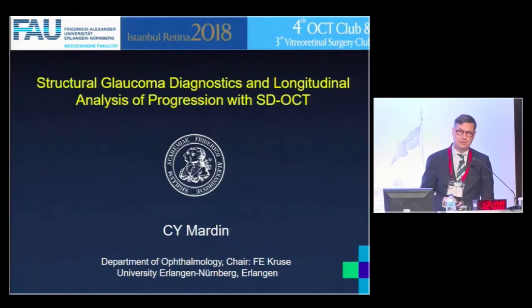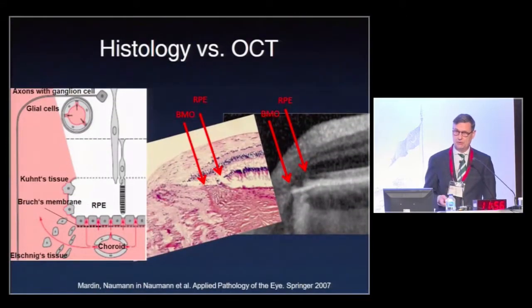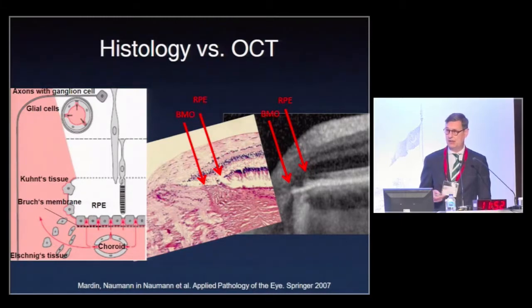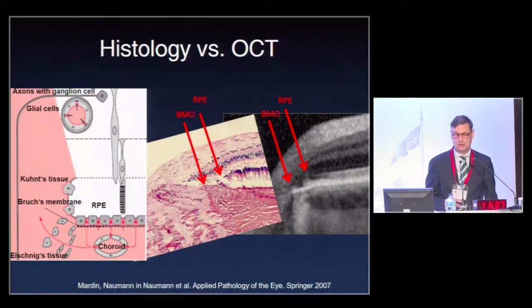We heard that OCT angiography is an emerging field in glaucoma diagnostics, whereas spectral domain OCT has for a long time had a fixed place in our everyday clinics in glaucoma. And the reason is that we can image all the important structures we need for glaucoma diagnosis, like the axons, the ganglion cells, the ending of Bruch's membrane, endings of the artery, even the choroid, quite well with the OCT